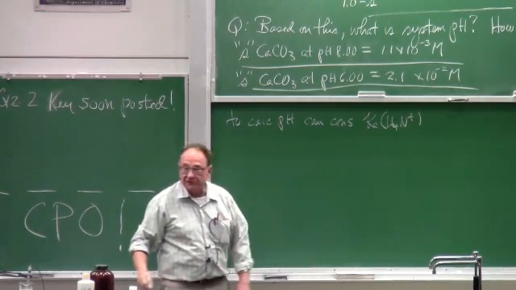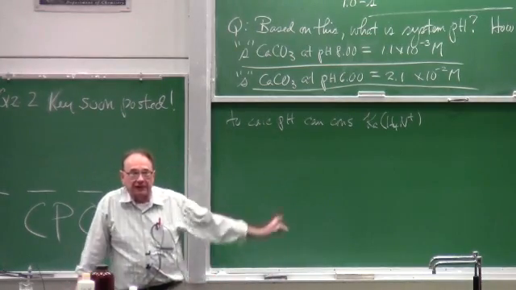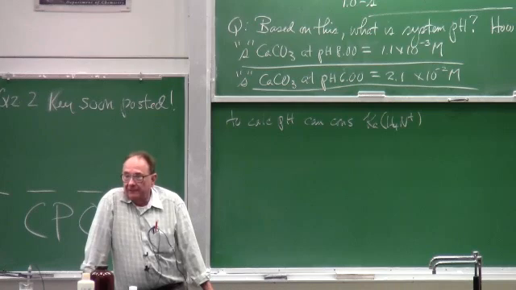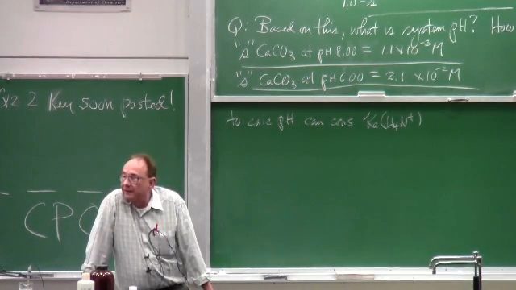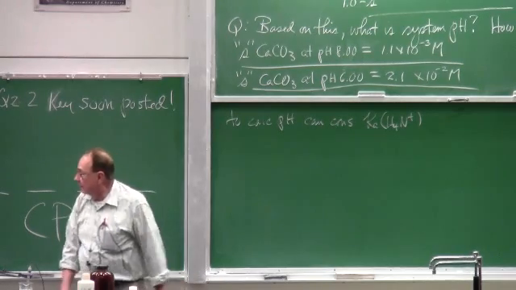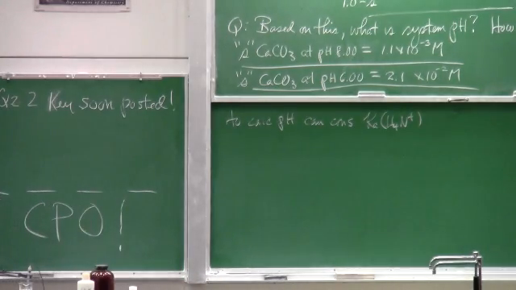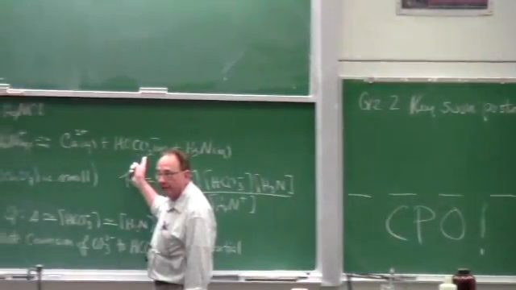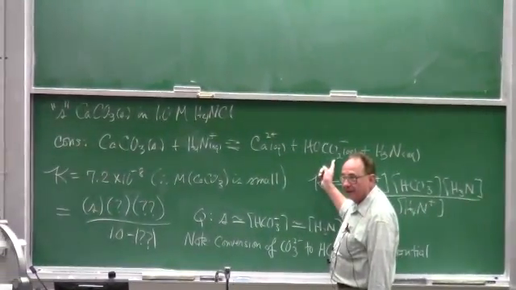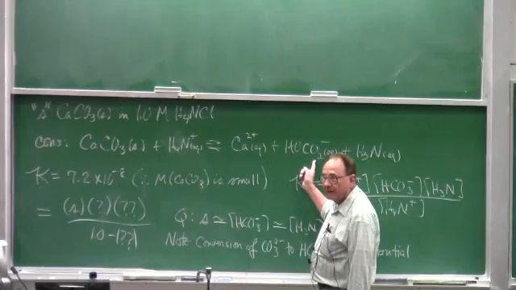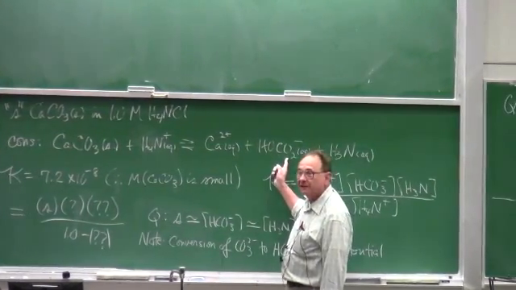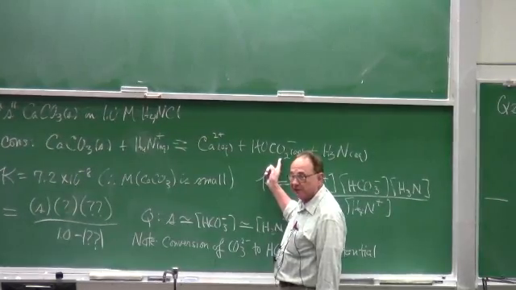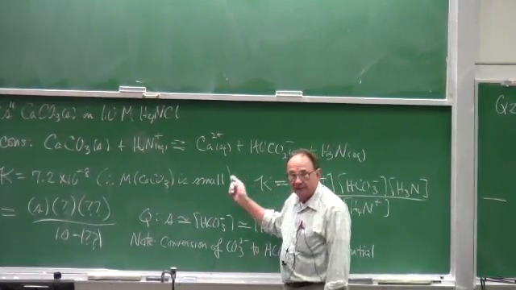Is there anything else we could consider? Is there another way we could get at pH by calculation? What is this other way? Sure. Did you say carbonate or bicarb? Why don't we take bicarb? Because we recognize that bicarb is a principal species in the system. Carbonate ion is not.